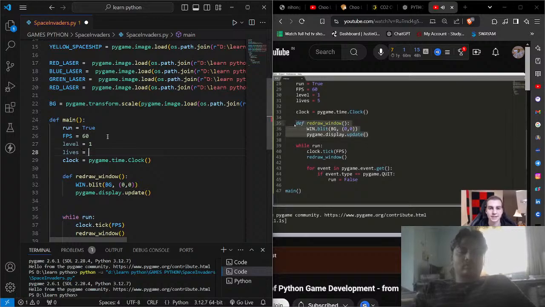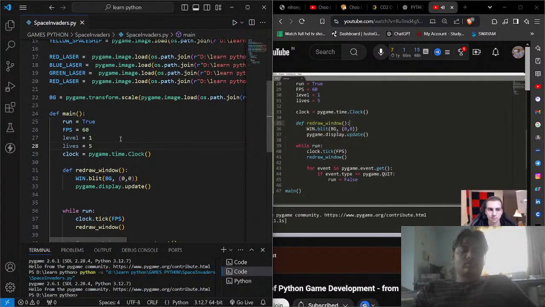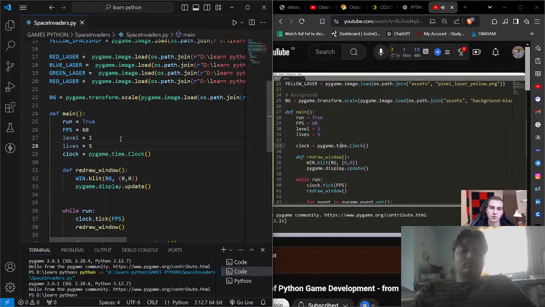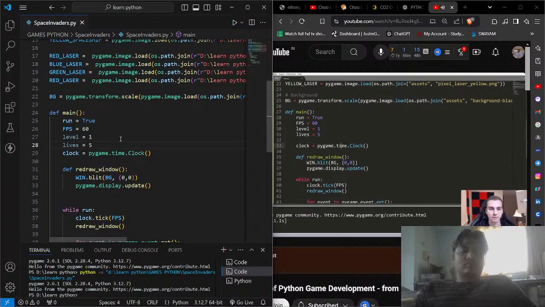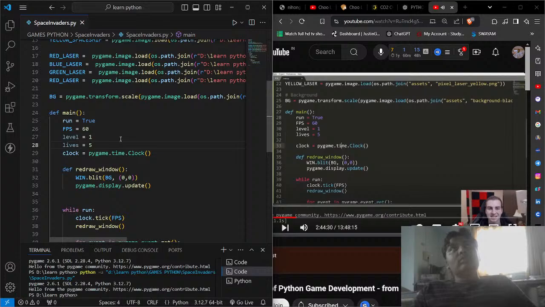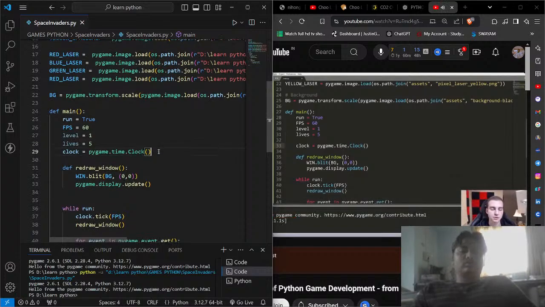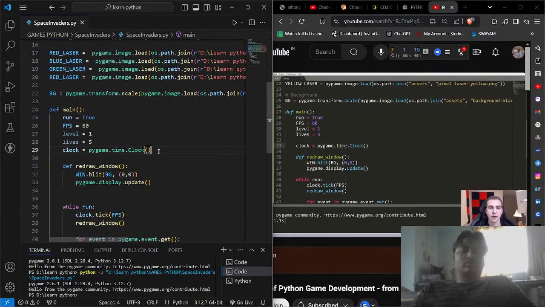So how can we actually draw text? So you saw I had lives and I had level at the top right and left hand corner of the screen. How do we do that? Well, the first thing we need to do is actually create a font in Pygame. So a font allows us to kind of render that font. So for example, Comic Sans is what I'm going to use. We need to create the font object and then use that font object to actually render the text to the